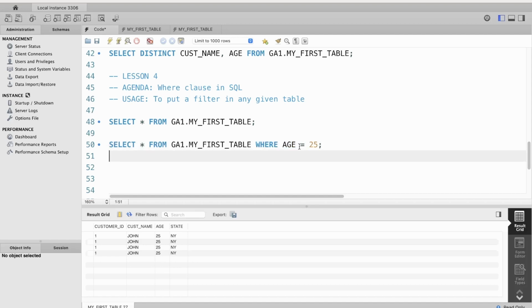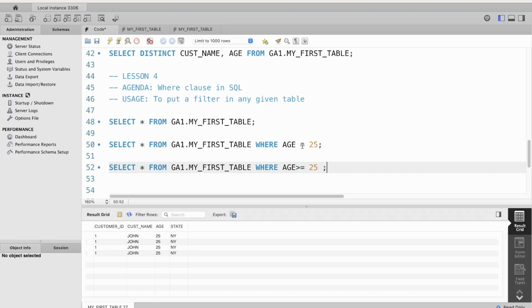Now apart from the equality sign, you could also use some of the other mathematical operators. So say for instance, if I want to have the details for customers whose age is more than 25, then I can write a query like this. If I execute this, I will get the details for all of the customers whose age is either 25